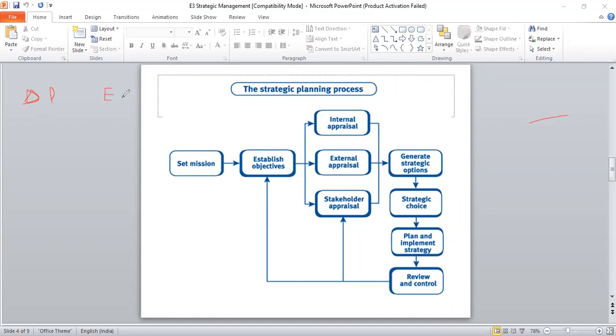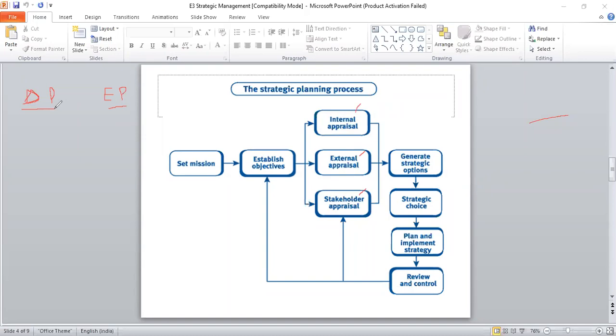What does it mean? Now that they have analyzed their internal situation, their external situation about what the market has for them, what is the demand, what is the role of government, the external factors, other factors, then the stakeholders, all of them when they are analyzed, then they will be able to understand what is their expected performance. Okay, so now they have decided what they want to achieve, then they understand what they can expect to achieve. If both of them are the same, there is no issue at all.